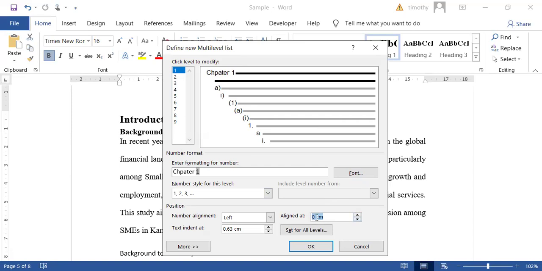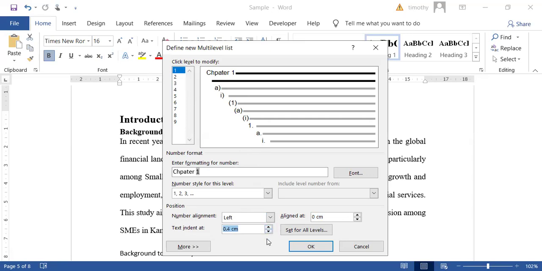For now, I want it to begin to be aligned at 0. That means it's just there on the left margin. Then the alignment is on the left, of course, like we can see here. That one is okay. Then the text indent is at. Now you can also set where you want the text to be starting from. Now here, with these figures you're simply going to be experimenting to see what happens if you push your text inwards a bit. So I'm going to leave it at